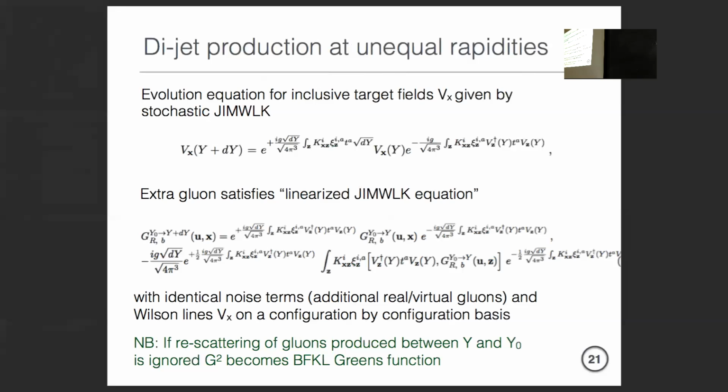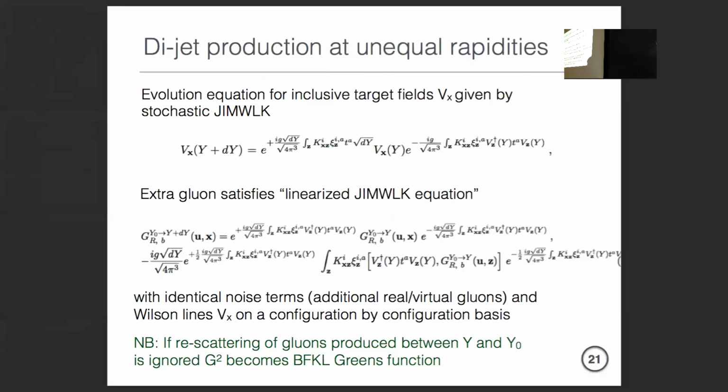Why is the evolution...? No, Yuri, look at the Wilson line. It's non-linear in the background. Yeah, it's not linear in the background field, but it's linear in the propagator. Look at the equation above. It's linear in V, right? It's V on the left, V on the right, so it's linear in the Wilson line. The second question is again about identifying it with the Green's function. No, come on, look at the above. That Wilson line, that's JIMWLK, right? JIMWLK is non-linear in the background field. So why are you arguing with me?